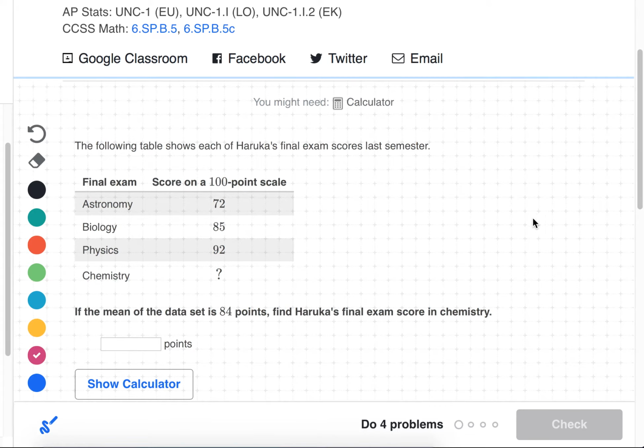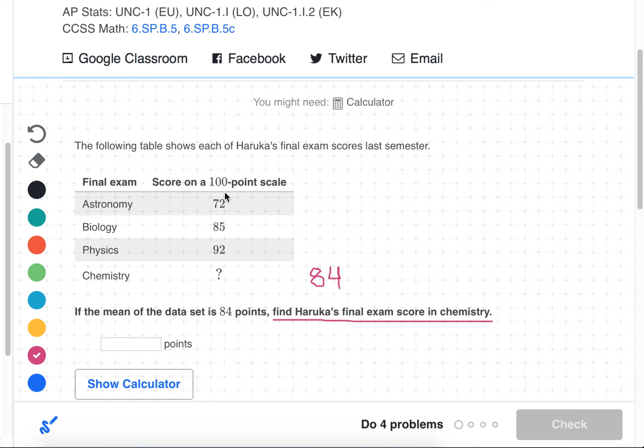The following table shows each of Haruka's final exam scores last semester. Astronomy 72, Biology 85, Physics 92, Chemistry blank. If the mean of the data set is 84 points, find Haruka's final exam score in chemistry. All right, well, she ends up with an 84 average. So I'm going to use the bar method here